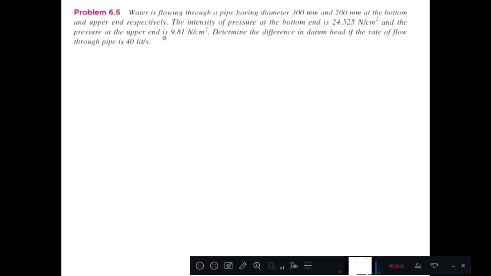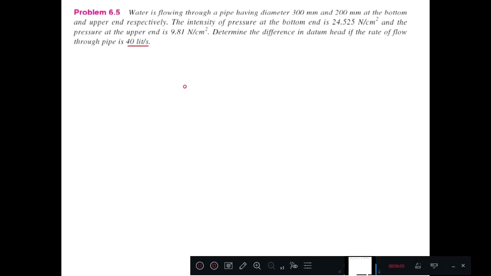Let us take one more problem. Water is flowing through a pipe having diameters 300 millimeter and 200 millimeter at the bottom and upper end respectively. The intensity of pressure at the bottom end is 24.525 Newton per centimeter square, and the pressure at the upper end is 9.81 Newton per centimeter square. Determine the difference in datum head if the rate of flow through the pipe is 40 LPS, that is 40